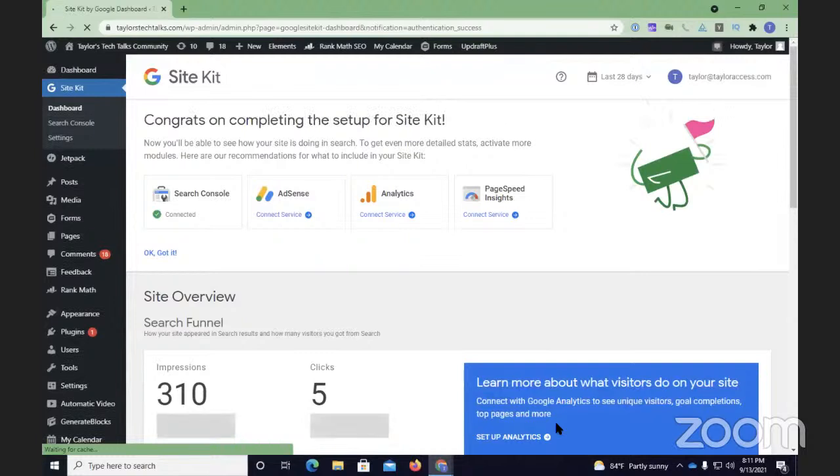All right. So I'm going to use my headings to navigate the dashboard. And it says, congratulations on completing the Site Kit setup. Now you'll be able to see how your site's doing in search. To get more detailed stats, activate more modules. So basically, this is a modular plugin.